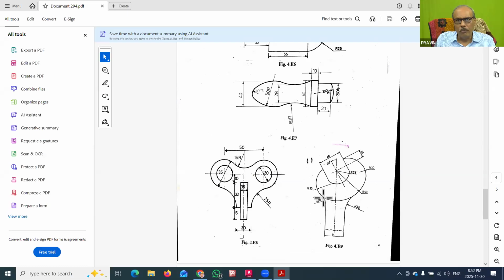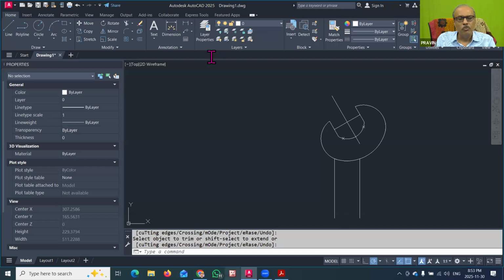Now there is a curve here. So there is a radius of 20. So this curve I have to provide, or this curve I have to provide. So I request anybody can tell me which command should I use to provide this curve part on the spanner. So type your answer in the chat box, which command I should use to mark the curve on the spanner.